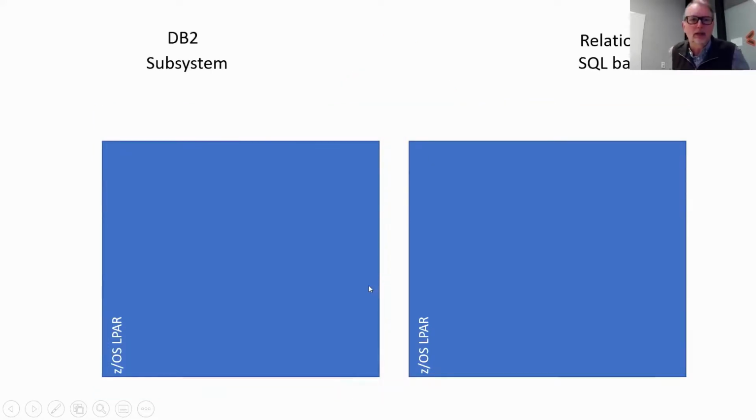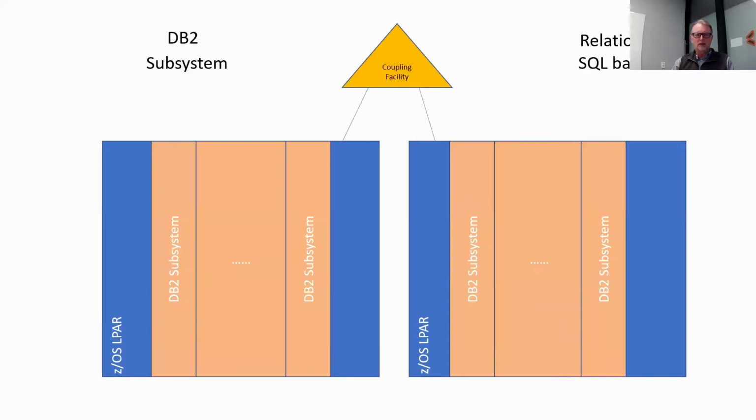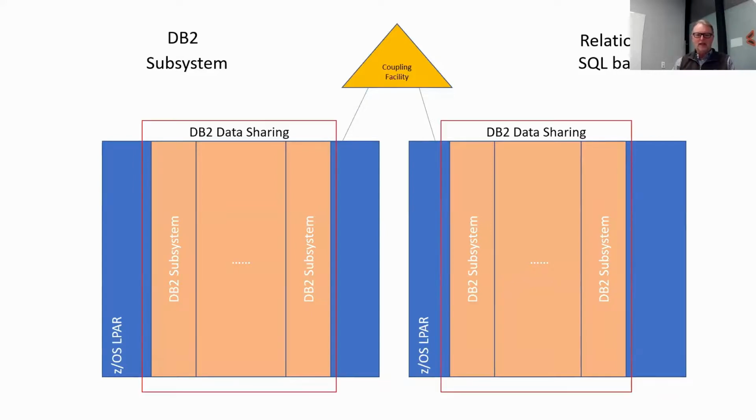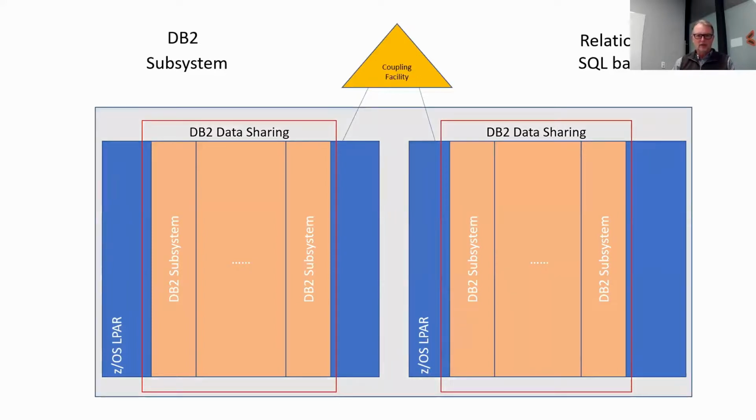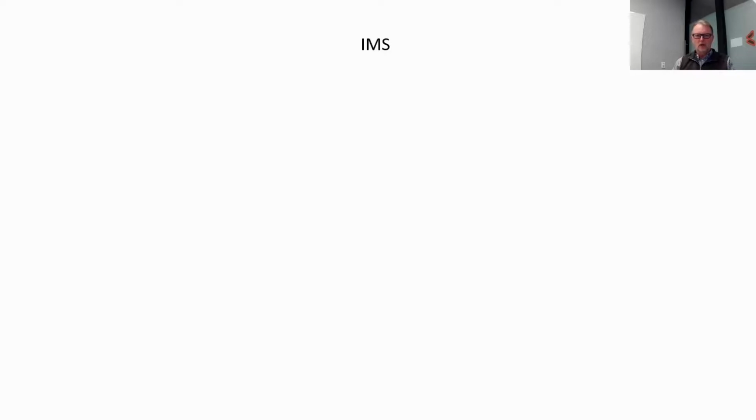I talked about DB2. DB2 is the preeminent database system that runs on the mainframe. The started tasks associated with DB2 are known as subsystems. It is a relational database, and it is SQL based. It's the same idea: you can have multiple DB2 systems that are data sharing, and you can connect them all together with the use of a coupling facility and come up with a wide sysplex of DB2 data sharing environments.